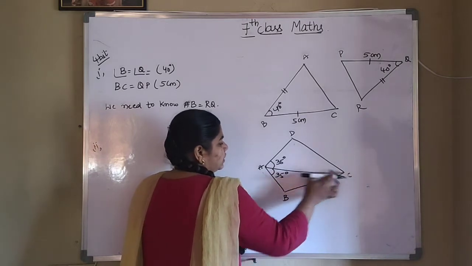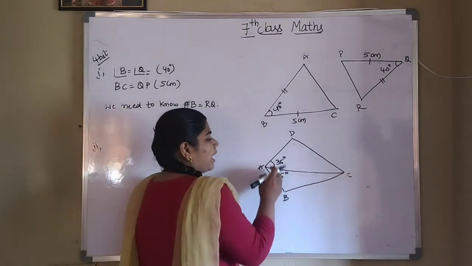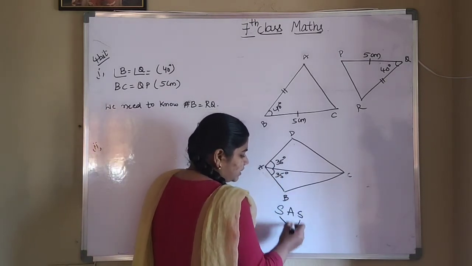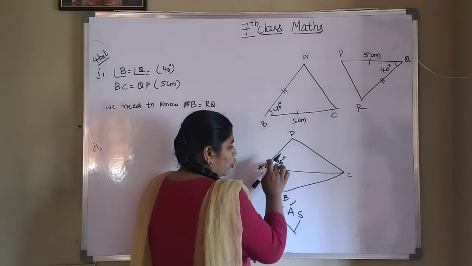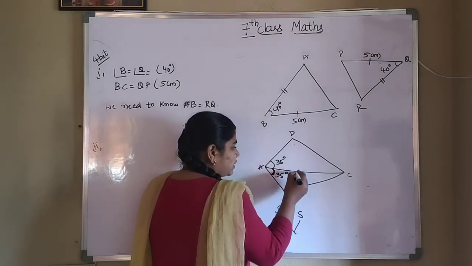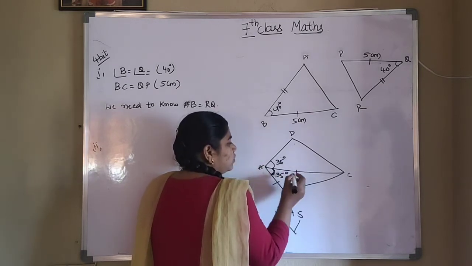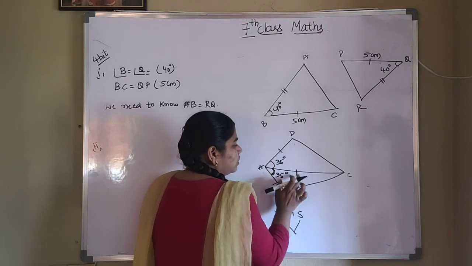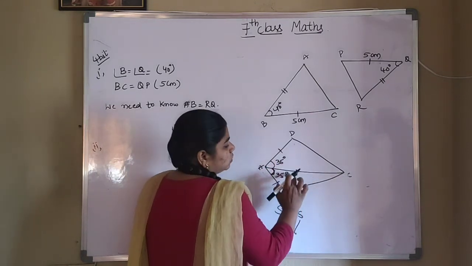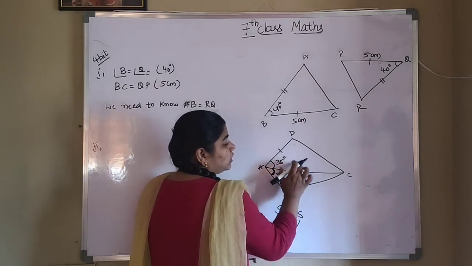In the same way CAB is also equal to 35. Now you got one angle. By using SAS congruency, we want two sides. Already one angle you got, the included angle. For this angle, what are the included sides? This and this. And for this angle, what are the included sides? This part and this part. So this part is common. This base is common for both the triangles, so this base is equal for both the triangles.